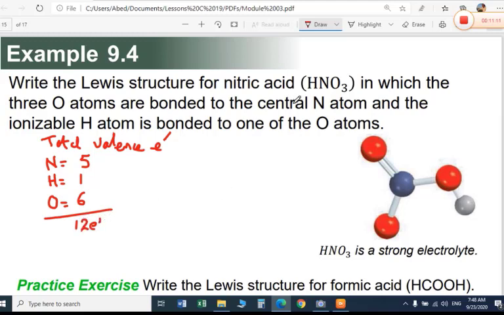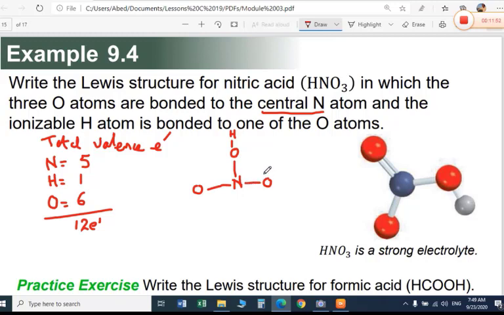Okay, then nitrogen is in the center. Also in the question it is given that nitrogen is in the center. Read the instruction here. Here this is a central nitrogen atom. So nitrogen comes in the center and oxygen atoms are bonded to the central atom. So all 3 oxygens will be bonded to the central nitrogen atom like this, and the hydrogen atom is bonded to one of the oxygens. So I put it here to make symmetry. I put the hydrogen here and then connect with a single bond. This is also a single bond and this is also a single bond.